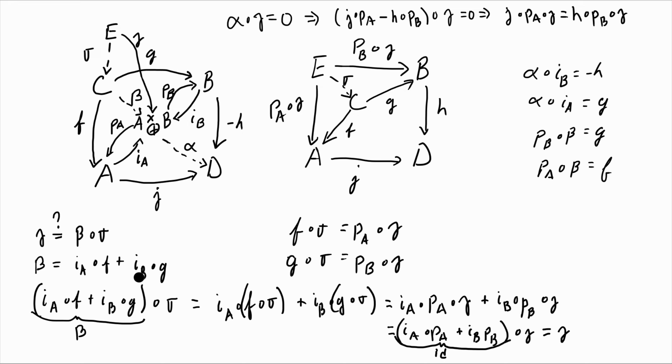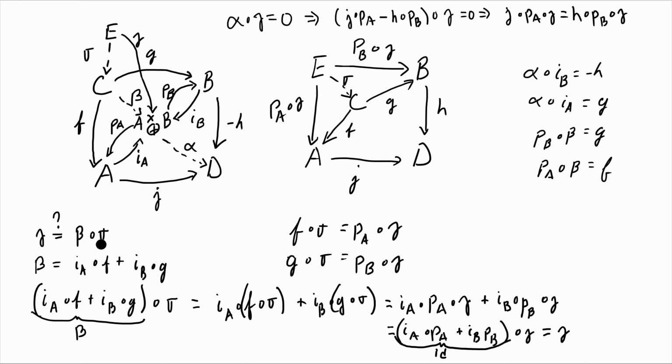So with IB, it'll just zero out, and right here that'll just become the identity on A. So we end up getting the morphism F as desired for commutativity, for instance. So by uniqueness, we do get that beta is equal to this, using the universal property of the direct product right here. Okay, so we can use that description of beta here to show that